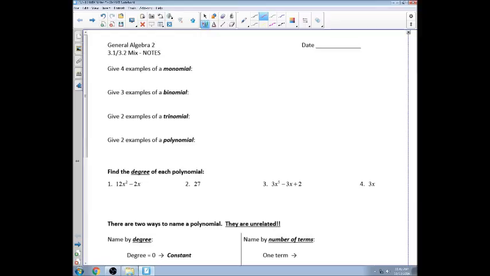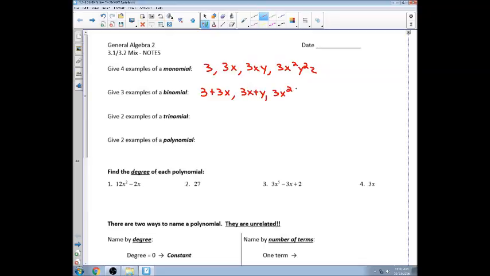So 4 examples would be 3, 3x, 3xy, 3x squared, y squared, z. 2 examples of a binomial. Binomial is going to have 2 monomials that are added or subtracted together. So 3 plus 3x, 3x plus y,